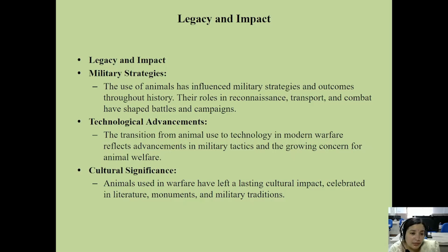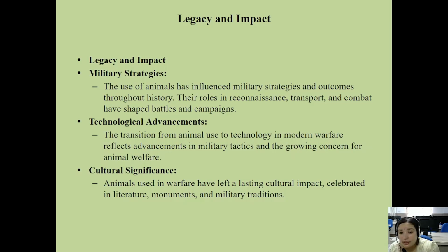For military strategies, the use of animals has shaped outcomes throughout history. We have seen animals used in ancient times in warfare, and their roles are very important in transportation and in communication. They have shaped battles and campaigns. And technological advancement is the transition from animal use to technology in modern warfare, use of robotics and so on, which reflects